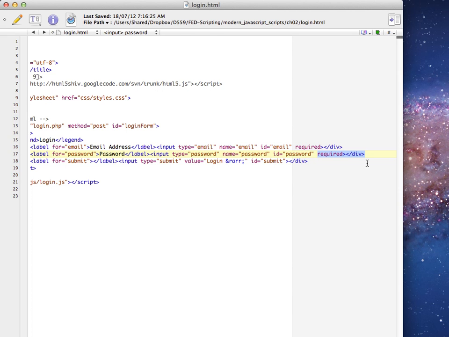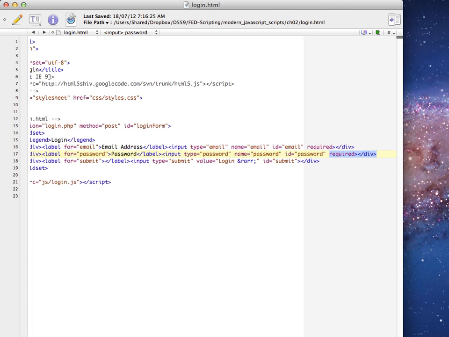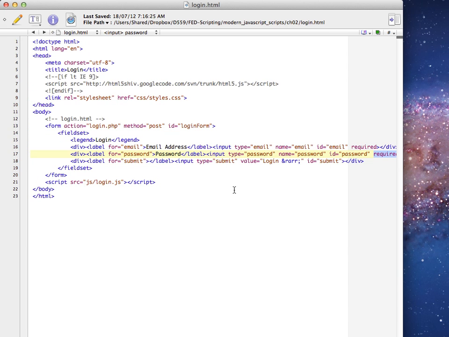It's just a little bit hidden there. Okay? And this means that you have to put in a password and you have to put in an email address. They're required elements. And before HTML5 came along, we would have done that in a great elaborative way, using CSS and